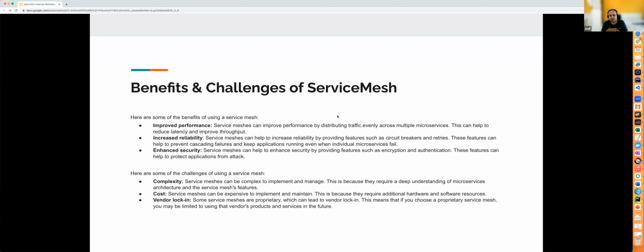And the second is reliability. With reliability, what we mean is, again, the circuit breaker and retries. If there is a microservice which is going to fail, or which has been failing over time, that should not cause a cascading failure. It should let other microservices or other features of the application still work properly. So this framework enables this. It will identify which of the microservices has been failing, and it will actually reject the calls. The call should not go to that microservice and then fail. It's like a fail early situation. So with that, we ensure the applications are reliable, and you can set how many retries.